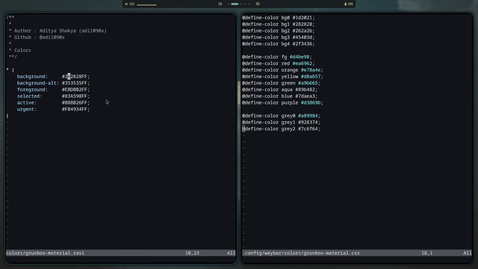So background color, you change that accordingly. So this you change to 1D2021, and background alt is going to be BG1, so 282828, 282828. You can configure it to be a different color if you so choose, but for now this is what works, and so I'm going to be using that. D4BE98 for foreground. Selected, let's just make it aqua, so 89B482, 89B482, and then you have active. Active is going to be blue, so 7DAEA3, and then you have urgent, which is going to be red, so